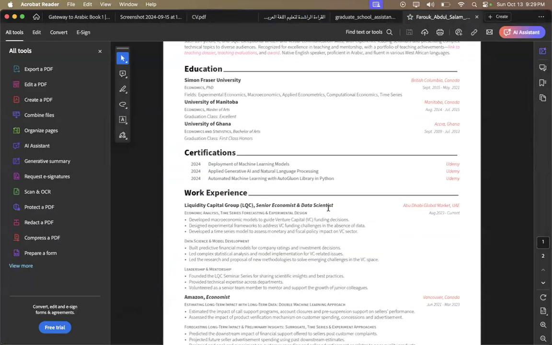So this is where I'm currently working, right? And I've not left the place yet, right? So instead of putting a particular year, you can put current, just so you indicate to them that, hey, I'm still here, right? Or you can write what we term as expected graduation date, right? You put it down there, expected graduation date, and you write the particular date there to reflect it.